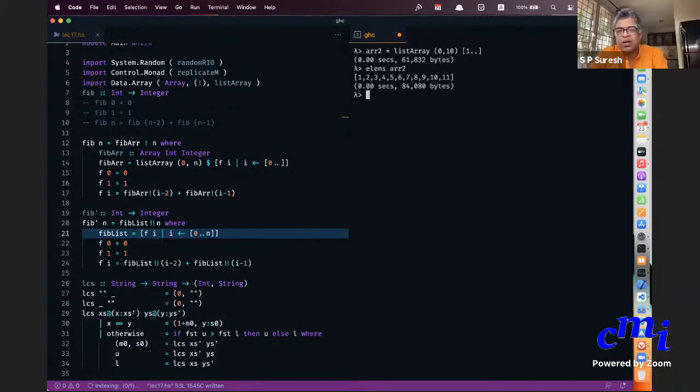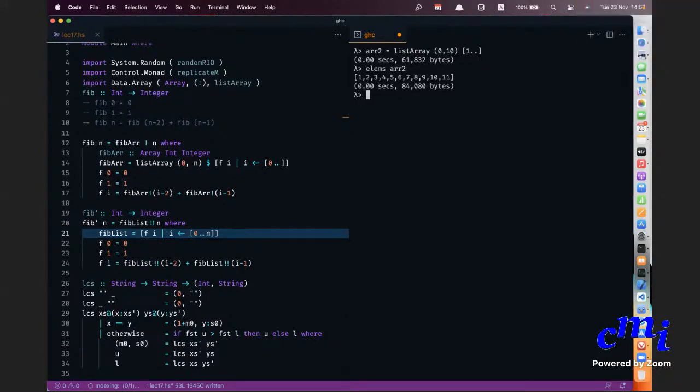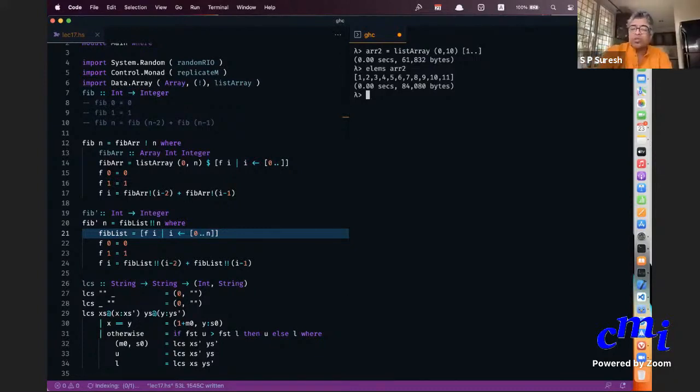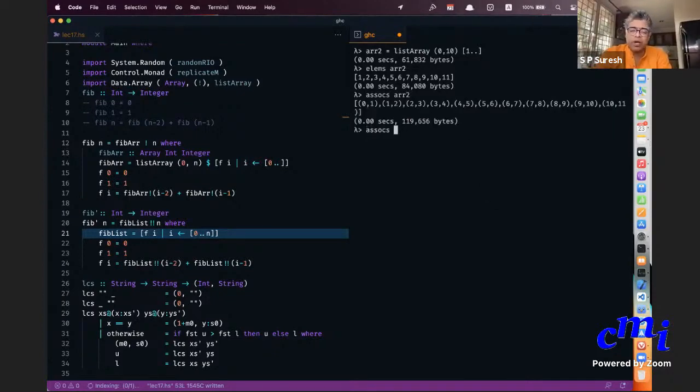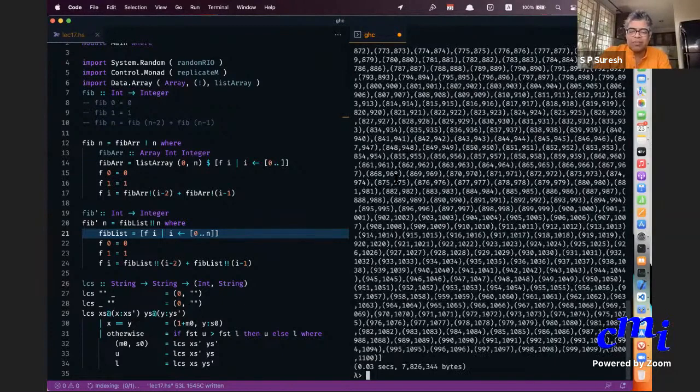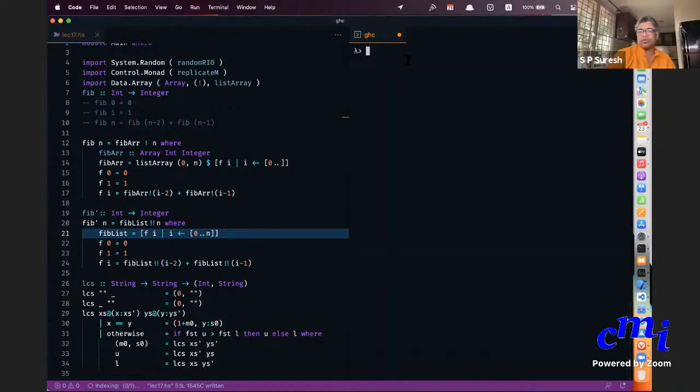So Rajdeep, is it clear? Or who asked this question? I only asked. It's okay now. Yeah, okay, good. Fine. So you have elements, you have indices, you have bounds. Finally, you can ask assocs, which will give you all the associations. It will say, oh, 0 is paired with 1. You can also ask for assocs of array, which will be some huge thing. It will be confusing, but the earlier thing is clearer. Yes, 0 is associated with 1, 1 is associated with 2, etc.